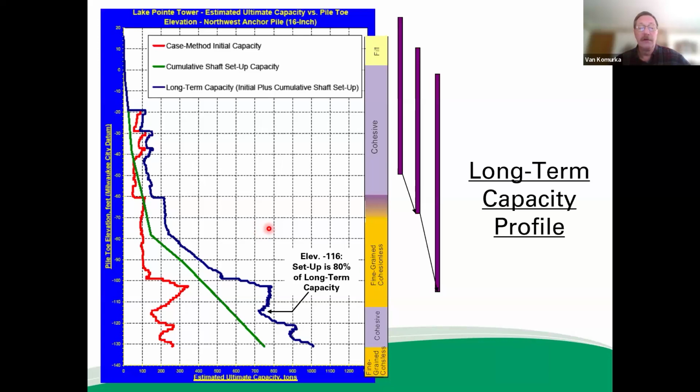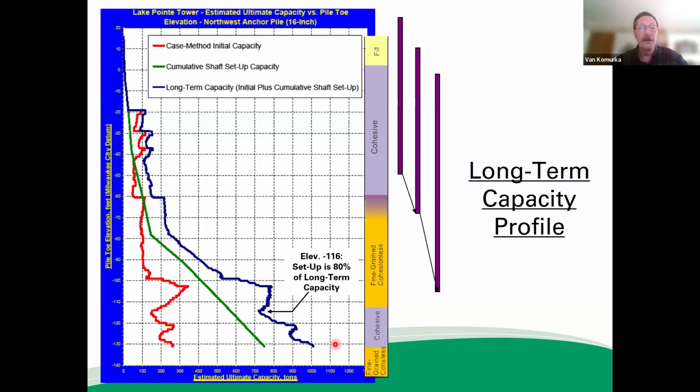Now you have your required initial capacity, but you don't have your required setup, because you've got that blow count higher up in the profile. So how much deeper do you go to get the setup you need? You don't know. Conversely, if you drive to this depth and you get your setup, then you've reached your measured setup depth,